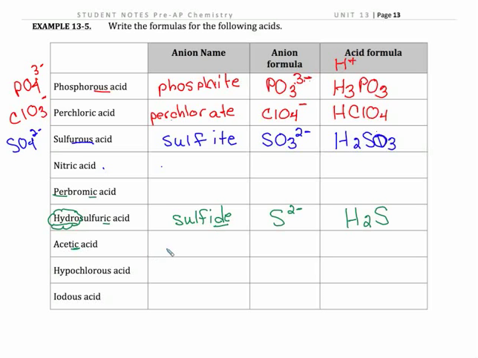Let's try acetic acid and we'll be done with it. Ic came from ate. So we have acetate. There's a variety of ways you will see acetate written. C2H3O2 negative, in which case you would write the H in front. Okay, notice that my H is in front. It's to distinguish between the H's that are bonded to carbon. So it's HC2H3O2. Now, another way to write that is